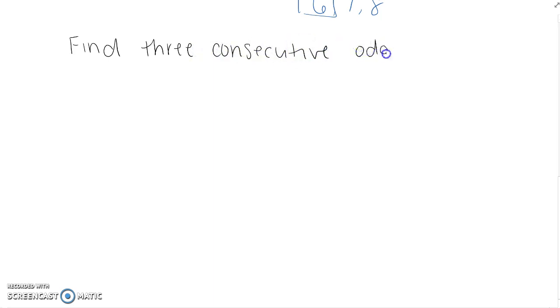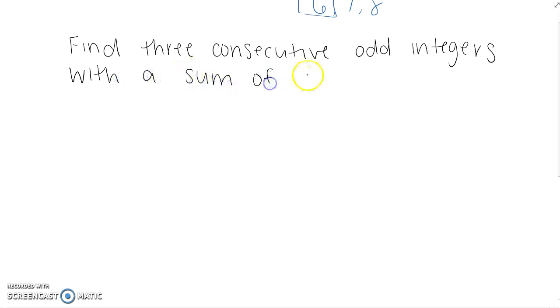So I could have a problem that says find 3 consecutive odd integers with a sum of 57. So if I'm going to start setting up my problem, I'm going to need 1, 2, 3 consecutive